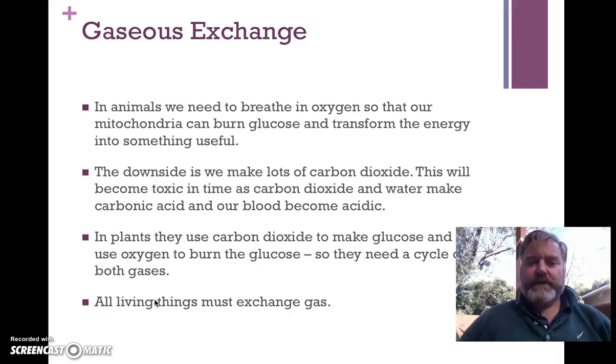If our blood's alkaline, then we can be quite relaxed and breathe slowly. In plants, they need O2 and CO2 both coming in and going out all the time. So if they're photosynthesizing most of the day, during the daytime a plant is producing lots of glucose by photosynthesizing. It's combining carbon dioxide coming in with water, and it's releasing oxygen.